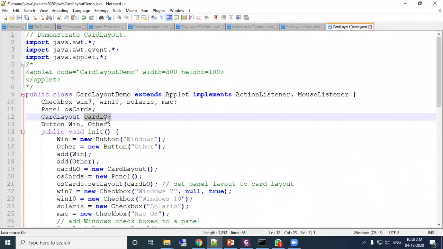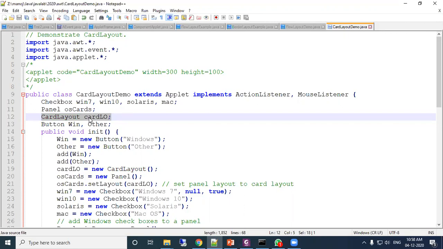The card layout instance is created here. But remember, when you create using a class without using new, it has not created or reserved the space for that object, for that reference. Only the instance is created.